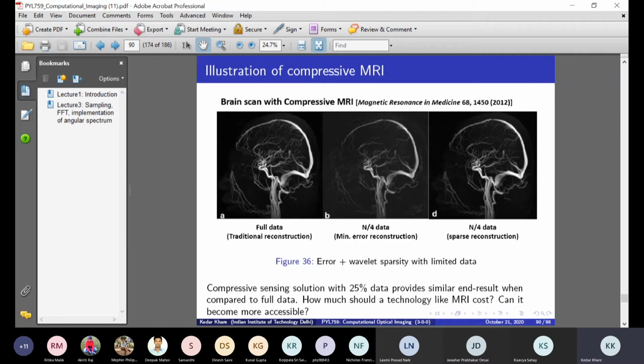In a way, if you can achieve this, you should be able to build hardware that costs much less, and think about simpler MRI systems. Definitely, the reconstruction will require more effort. Full data computation would essentially be just an inverse Fourier transform, but now you have to solve it as an optimization. If that can be done at a reasonable computational effort, then this is a viable option for such a system. Do you get this point, or do you have some questions on this?